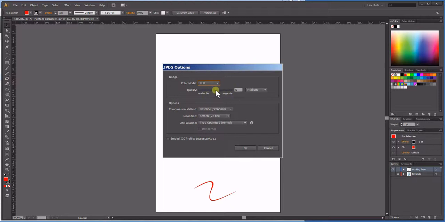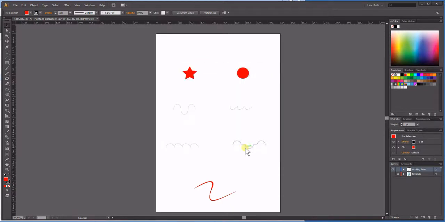I'm going to leave it right in the middle. About 5 is fine for the JPEG options. Basically, you're giving it the quality of what kind of picture you want. You're going to be uploading this to the website, so you don't need a very large file. The larger the quality, the bigger the file size, and vice versa. So if you go ahead and click OK here,